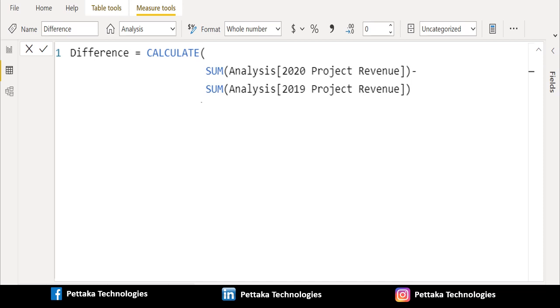Again, we will use sum DAX function and selected the column 2019 project revenue from analysis table to get difference between two columns in Power BI. Use closing bracket to close the calculate DAX function.